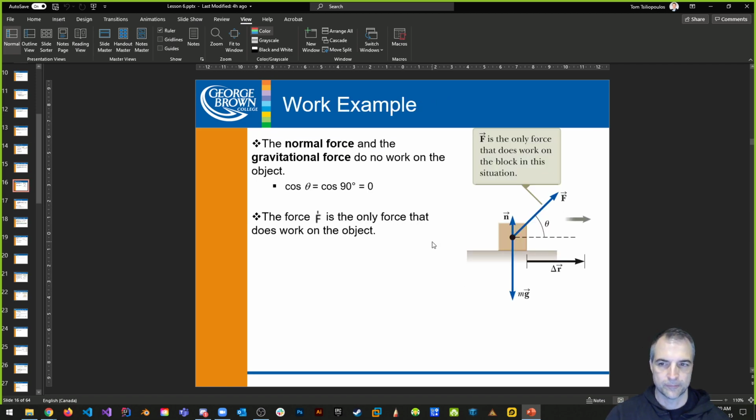Here's a work example. The normal force and the gravitational force do no work on an object. Why? Because they're at 90 degrees. Anything at 90 degrees to the motion of an object produces zero work. Why? You take the cos theta, which is cos 90 degrees, and that's equal to 0. You multiply that 0 by the force that's being applied, and you get 0